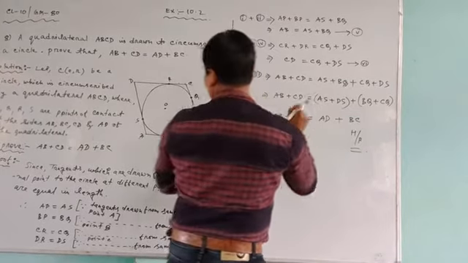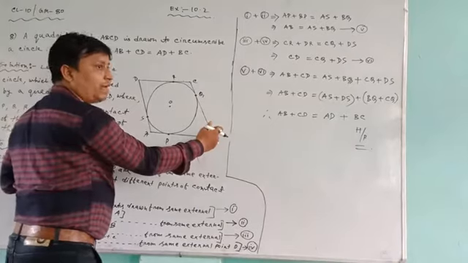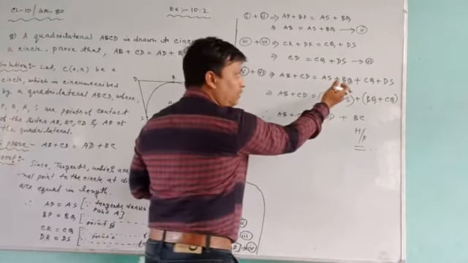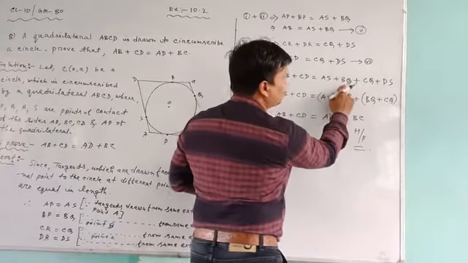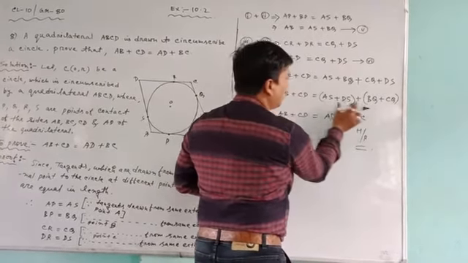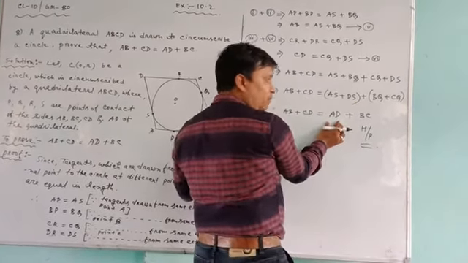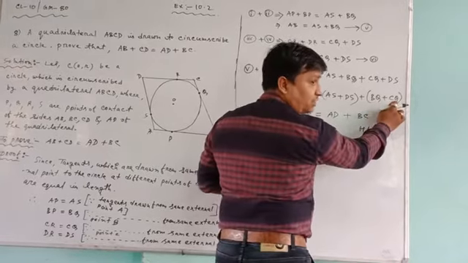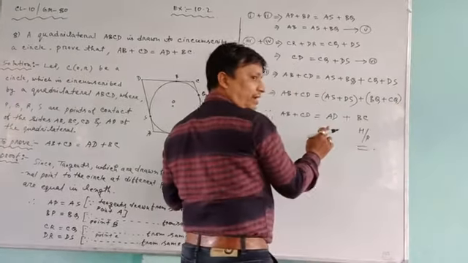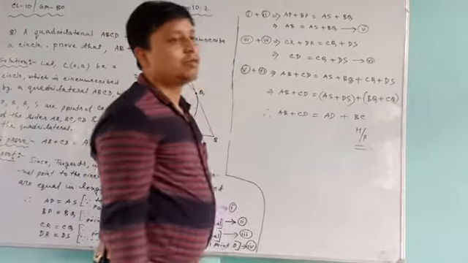Then we need what? BC. In the diagram you see. How we will get BC? BQ plus CQ. So you check here, BQ and CQ is there or not? Yes, BQ and CQ is there. So these two arrange in one bracket. So AS joined with DS, then you get AD by diagram. BQ joined with CQ. If you join them, then you will get BC by diagram. So now getting left hand side equal to right hand side, hence proved. That's all.